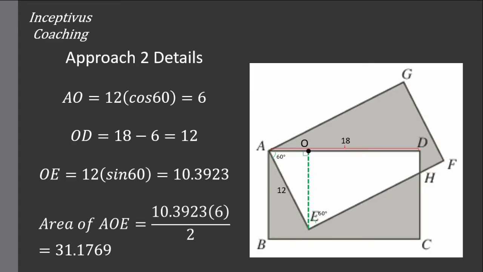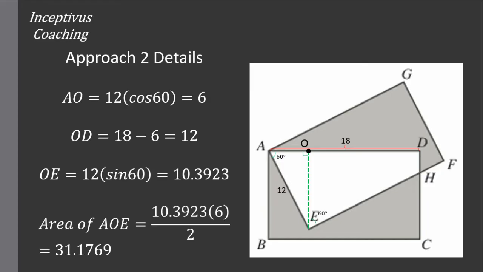So we know the length of AE. You can easily calculate AO and OE. From the perspective of the 60 degree angle EAO, AO is the adjacent, AE is the hypotenuse, right? I can calculate AO using the cosine ratio, and that gives you 6. So AO is equal to 6. And we can calculate OD because AD is 18, so just subtract 6 from 18, you're given the length of OD, which is 12. We can calculate the length of OE using the sine ratio,